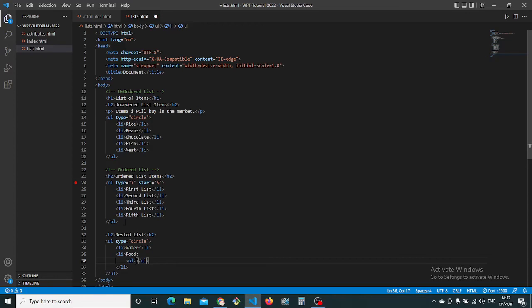I want to use another list to form my nested list. So you have to indicate the type of list you'll be using also, and you should be in between the list item, between this opening list item and this closing list item. So now the list of food, like rice,